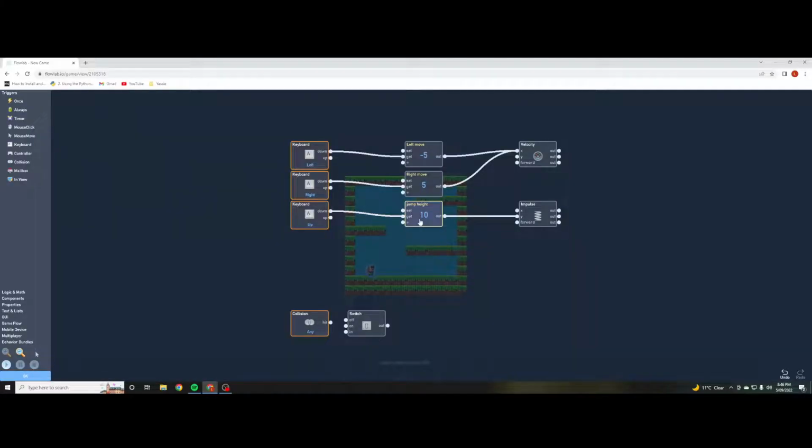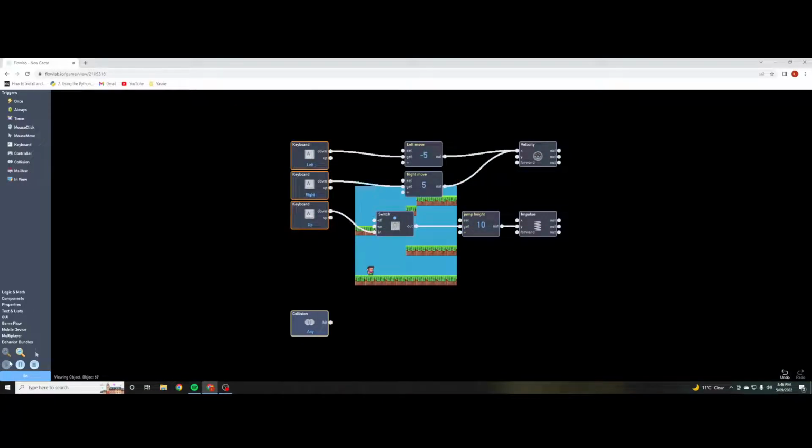And then to fix this jump height, I'm just going to move this over just a smidge. I'm going to get this switch, and now a switch works the same way as a light switch, in that we can go into the switch and to our jump height. Now what this will do is, at the moment, as you can see, the switch is on, which means I can jump. If I were to turn this switch off,